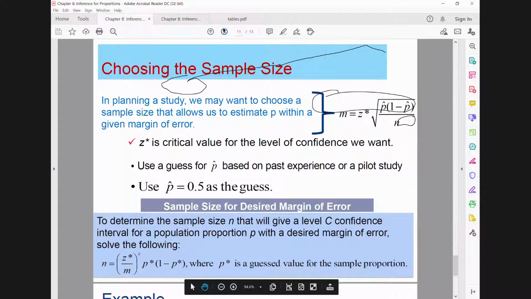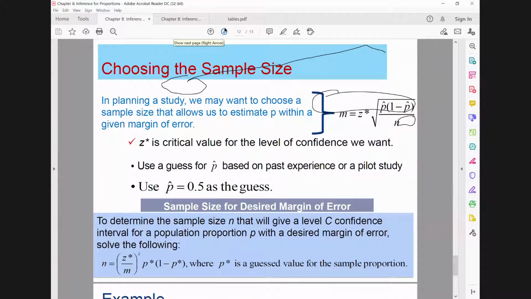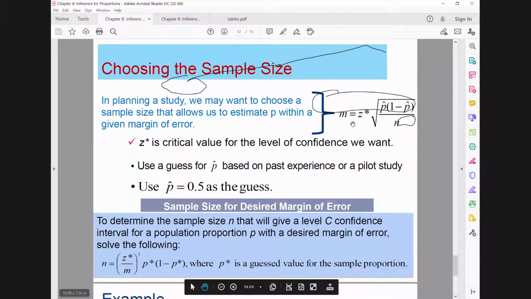The last thing is that for opinion polls and topics like these, we don't want a large margin of error. That means we request m less than something. As you know, m is given by this expression. Once we have some restriction related to m, we have here 4 parameters: M, Z star, P hat, and N. We can write N thanks to the 3 other parameters. N can be written equal to this one.